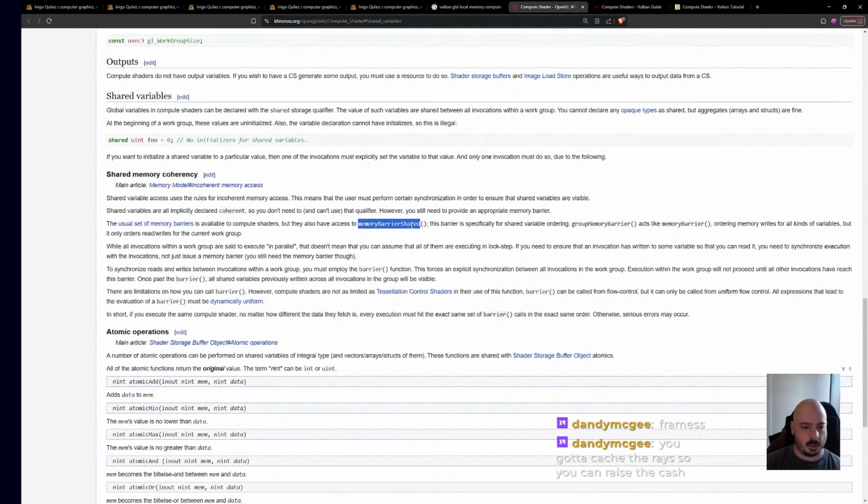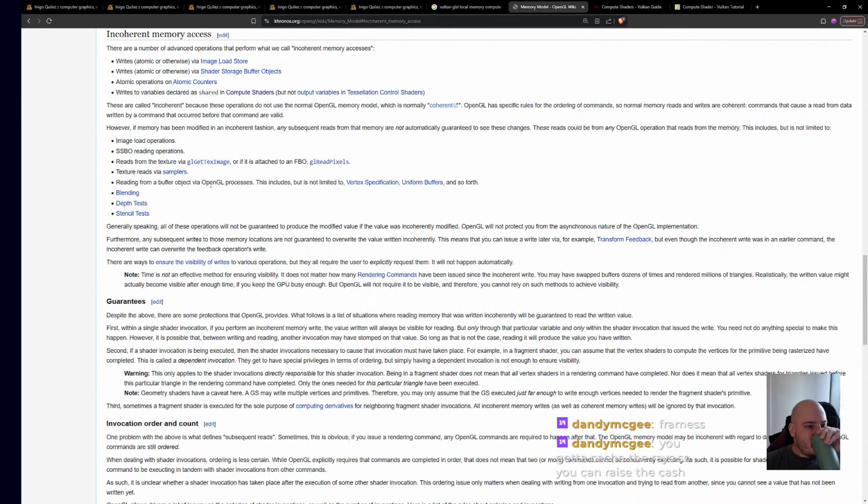Group memory barrier. Okay. Incoherent memory accesses. So we can write. They're called incoherent because these operations do not use the normal OpenGL memory model, which is normally coherent. Okay, we're not using OpenGL, but